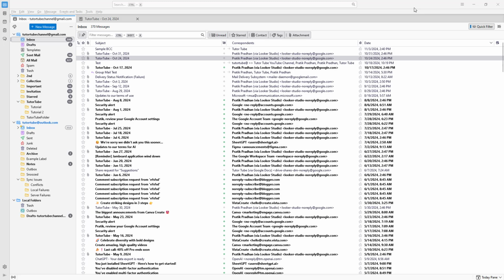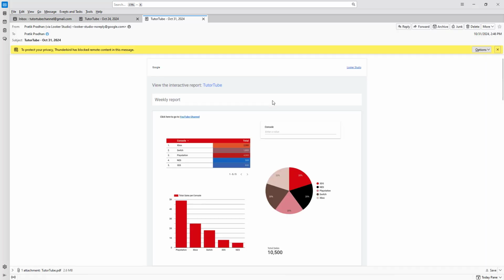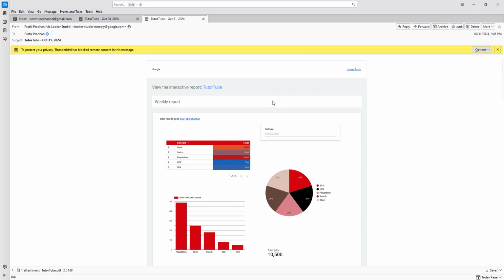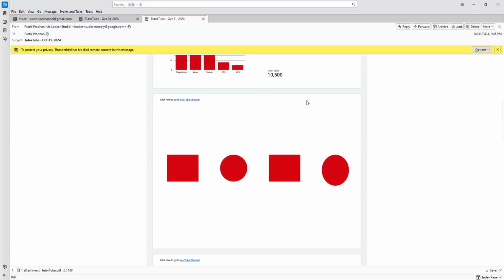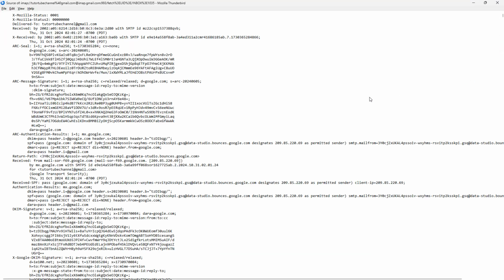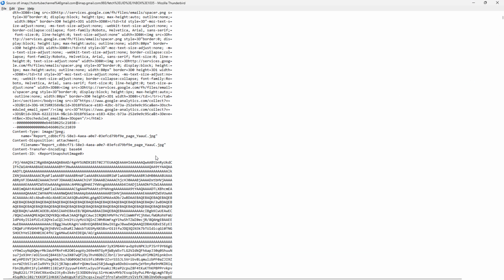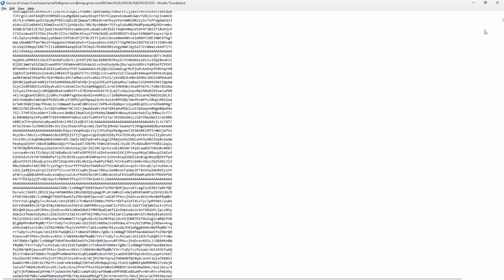A lot of emails that you receive these days are actually in HTML format. Let's say, for example, if I were to go onto this particular mail right here, then this is what you have. So this is in HTML format. If you want to view the source code of this email, then you need to go under More right here and then choose View Source. So once you do that, you can see the source code, that is the HTML code of this particular email,